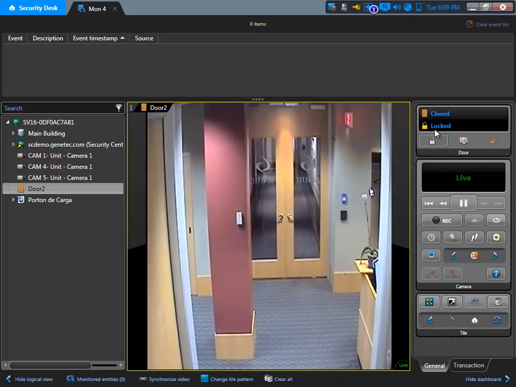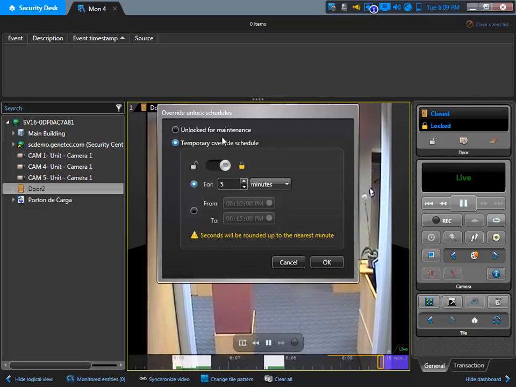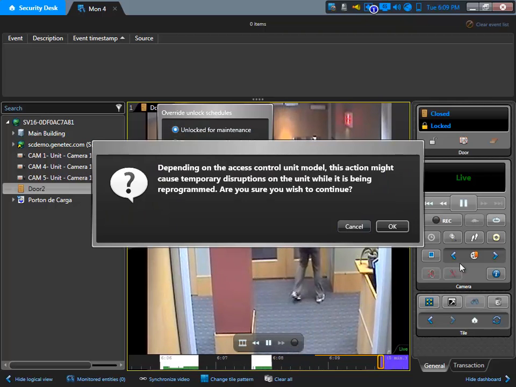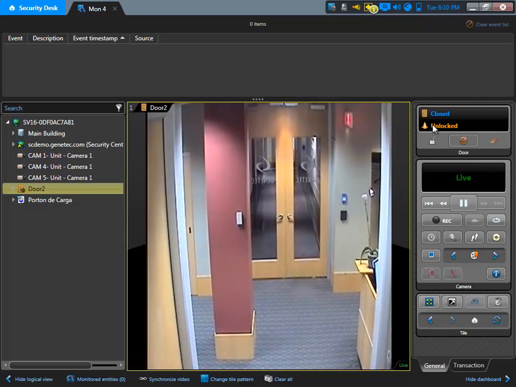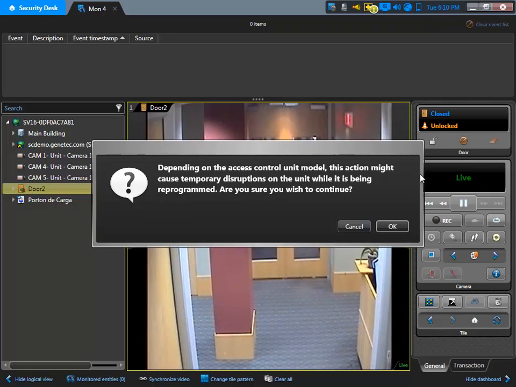So now we can overwrite or change the unlock schedule that I have by clicking on this button here, overwrite unlock schedules. And now I got the options to unlock for maintenance. So for example, let's say we do have some workers coming in and out of the building. We can just unlock this door indefinitely until the workers are done. So you notice now that my door is unlocked, and those guys can come in and out without having to create so many events in my access control system. And I can go back to